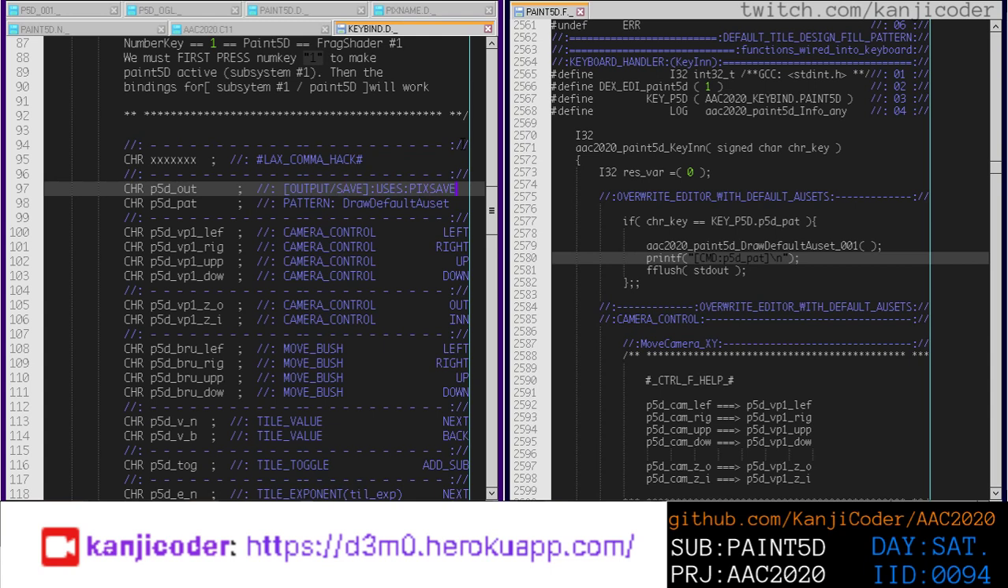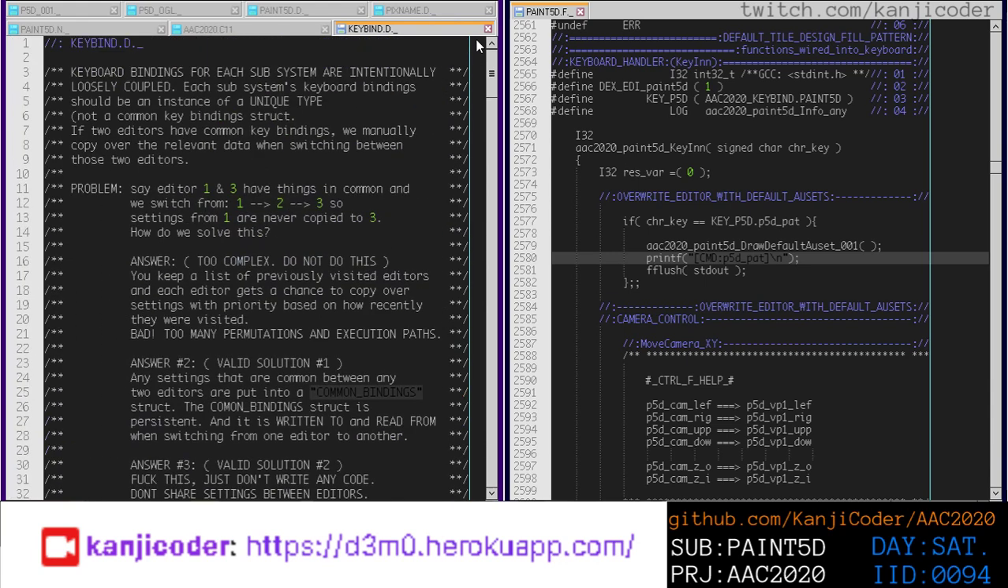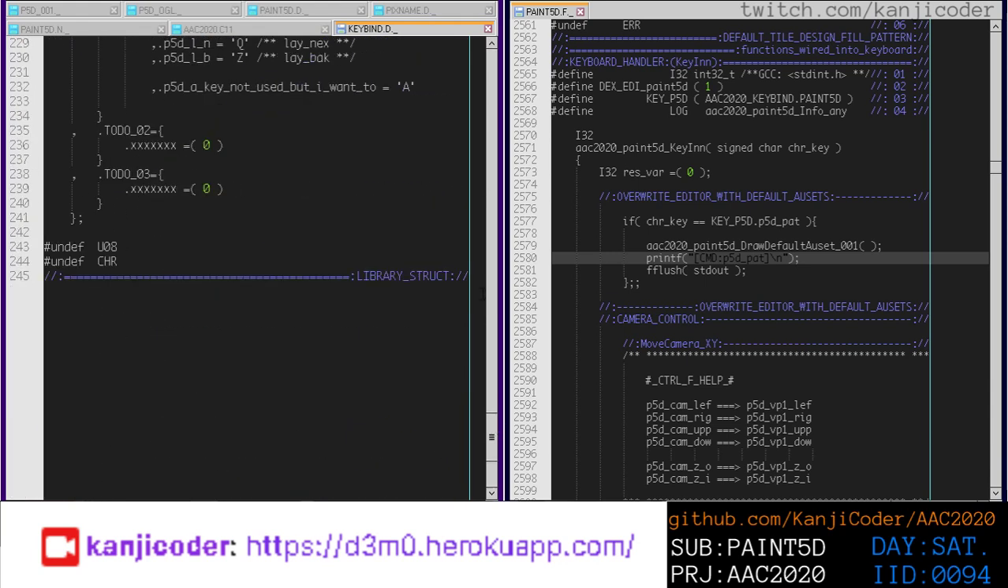We could call it picks out, but that would just be more confusing, right? You would read the code and you'd be like, what the heck is picks out? So we're going to call it P5D out. And then down here,